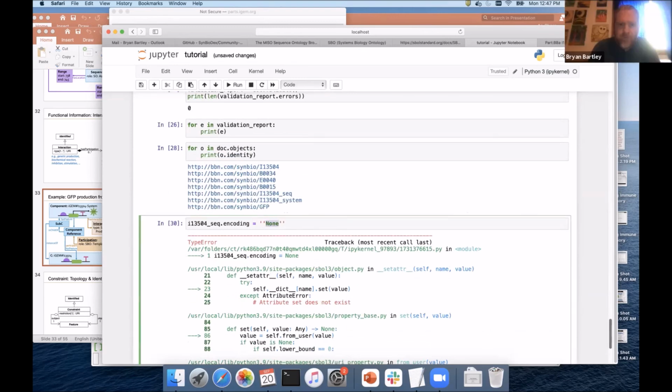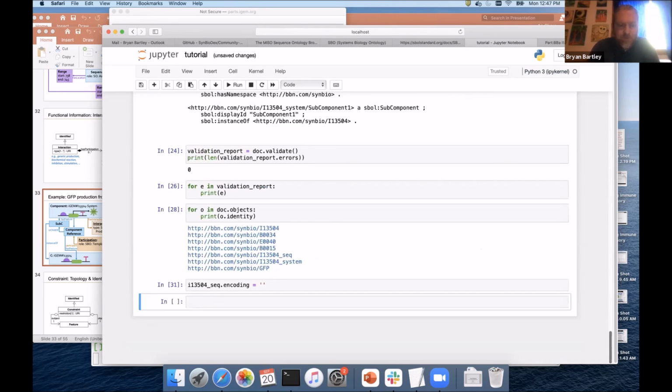Well, let me do this. That's probably still okay though. It's got a value. See, the library prevents you from doing certain things as well. I'm trying to think of what a good example here would be for